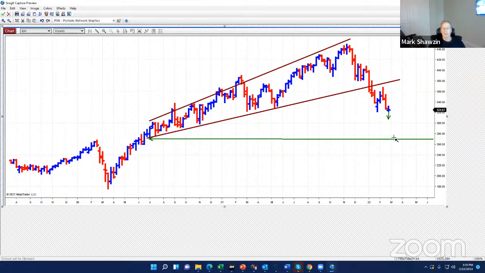So to my mind, I still think we have more left in the tank here. But we're at this area, you can see where we had this weekly reversal where it could catch a bid in here. So I'm just waiting for a little bit of the release valve to be taken off, and then I get short again.